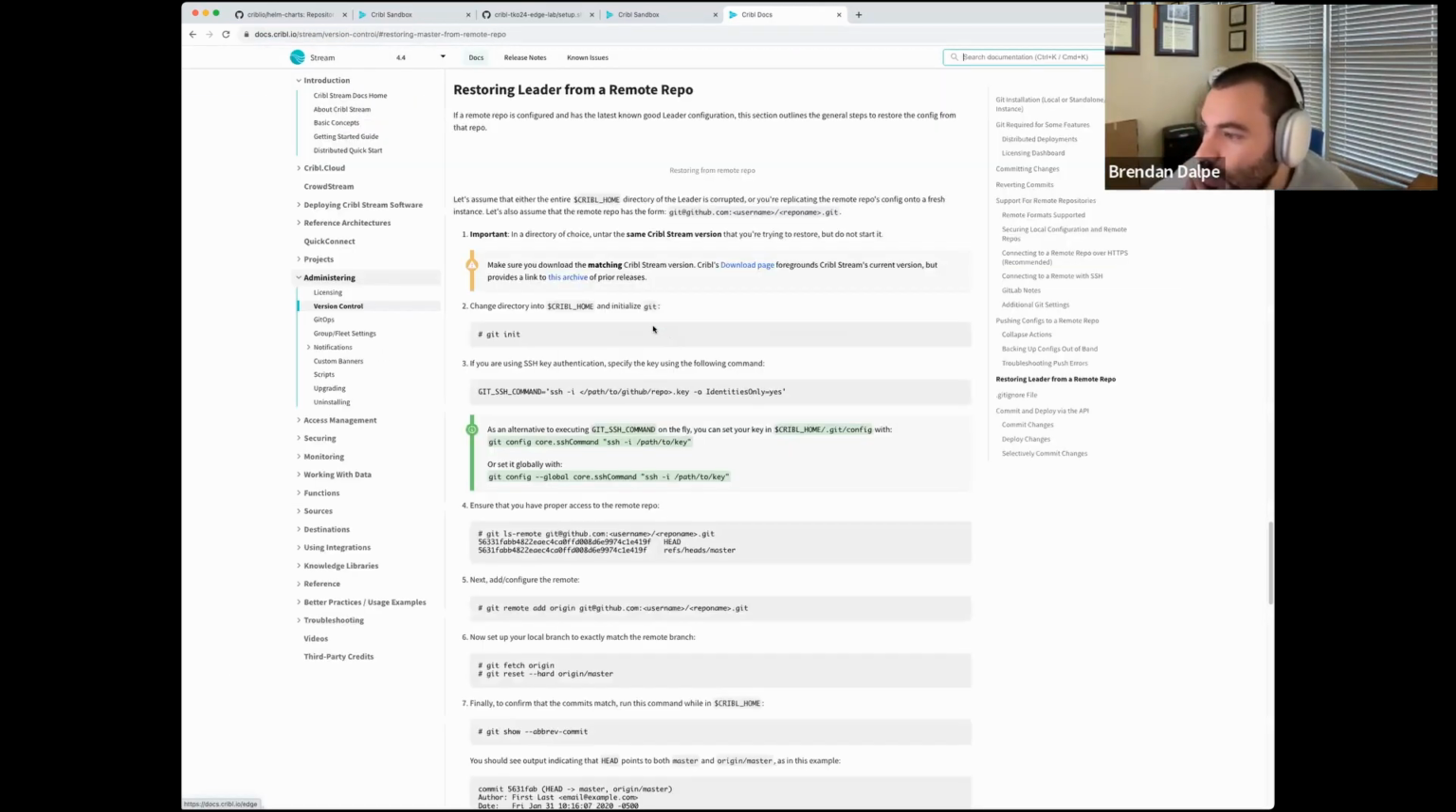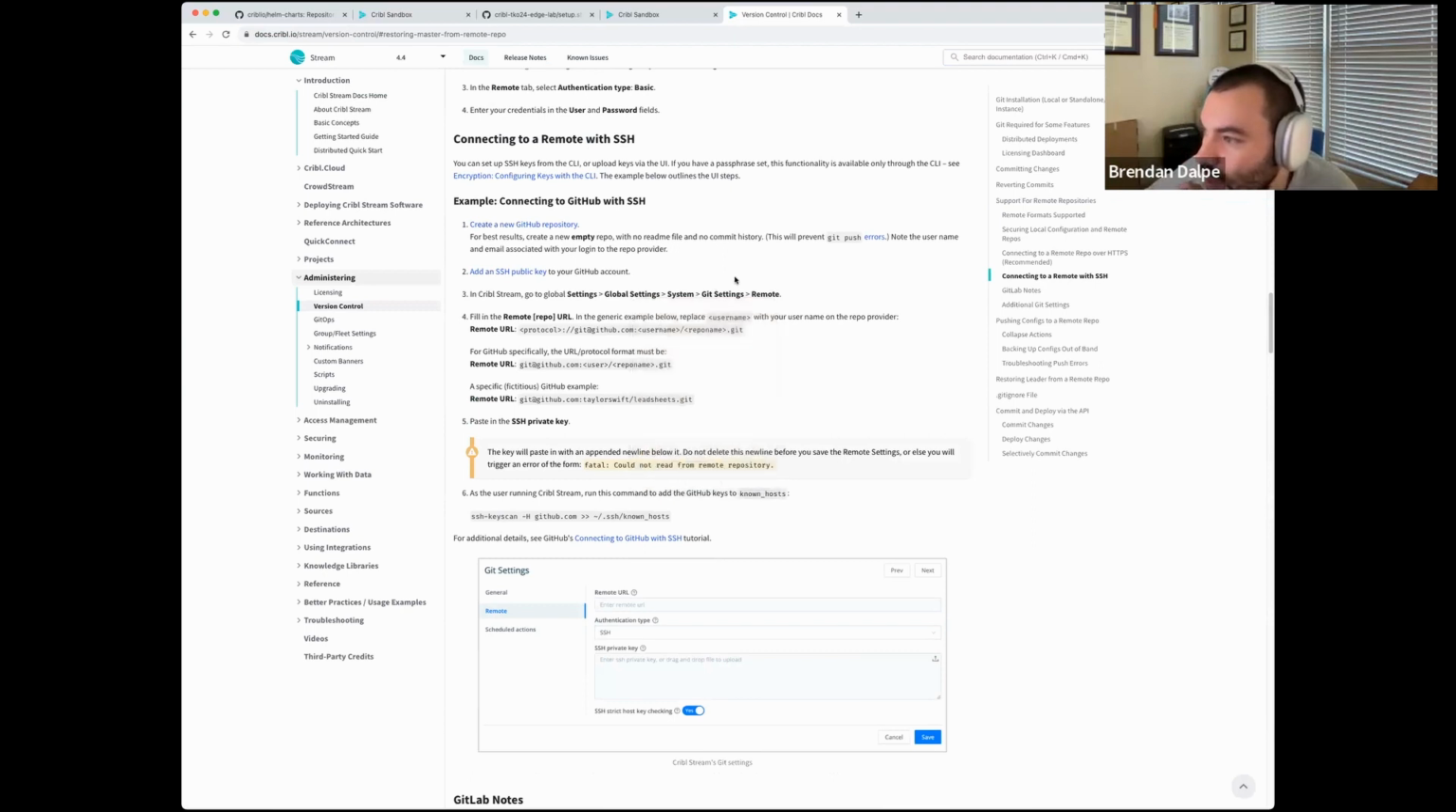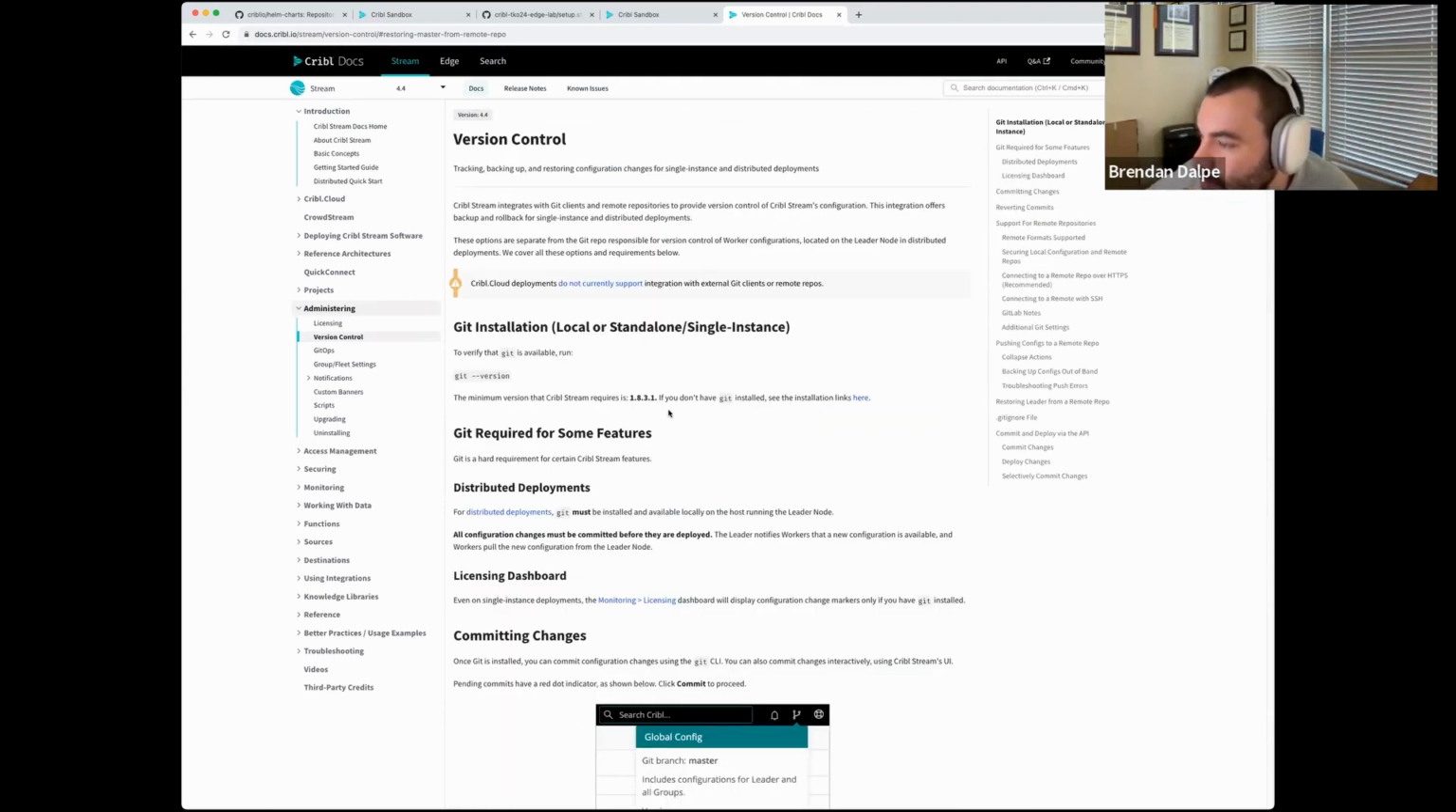Restoring leader from a remote repo. You can walk through this document here about how to restore all of those configs. So always recommend at least 2 copies of a backup. And in this case here, for instance, you can use,